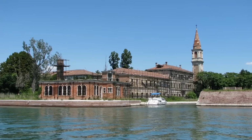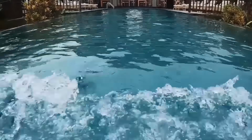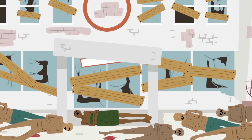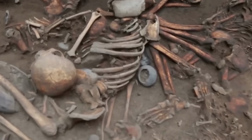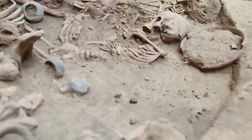The island has been vacant since the asylum closed in 1968, despite recent efforts to repurpose it into a luxury vacation resort. As much as half of Poveglia's soil contains human remains left behind by the over 160,000 patients who died there. Archaeologists have uncovered mass graves containing the remains of hundreds of plague victims on nearby islands, but have yet to